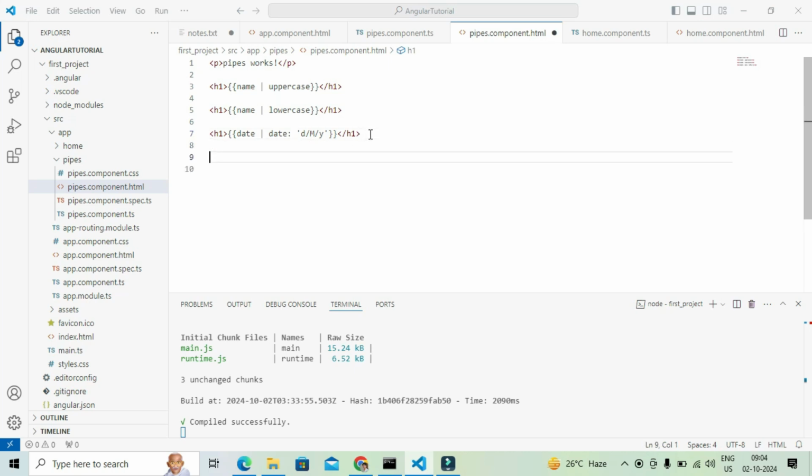Same way you can use any currency here. Suppose the currency value is 1234 and you want to use it in dollars, so we just need to specify currency in single quotes, USD. Save this, successfully compiled.